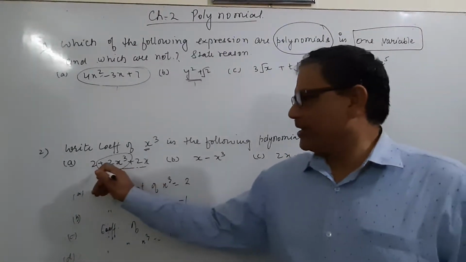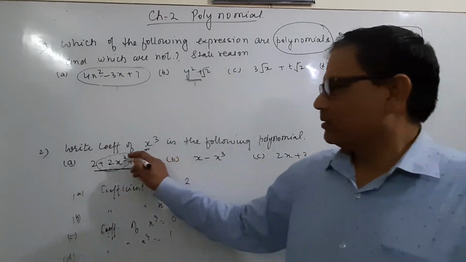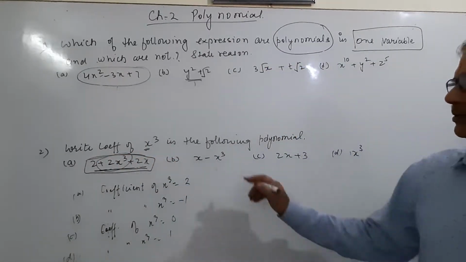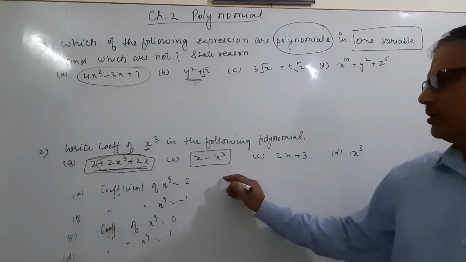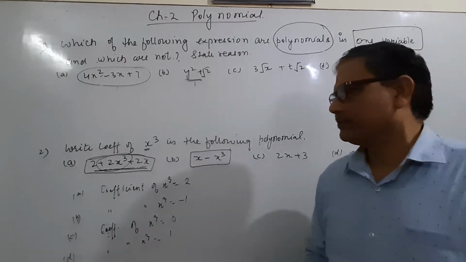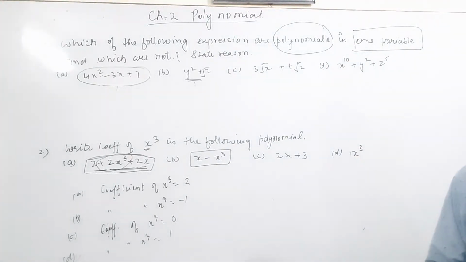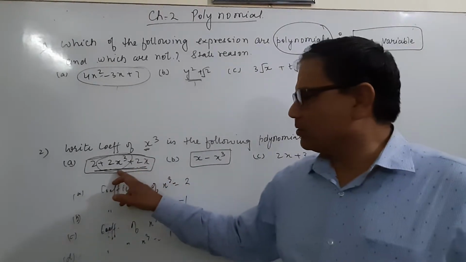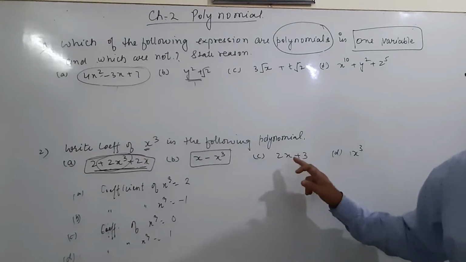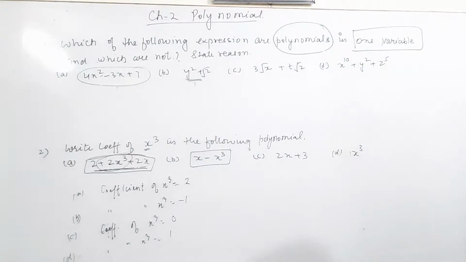And now, on the basis of degree, first you tell me, name the type of polynomial on the basis of degree. Classify the given polynomials. It is degree 3, a cubic polynomial. Its degree is 1, a linear polynomial. Its degree is 3, a cubic polynomial.